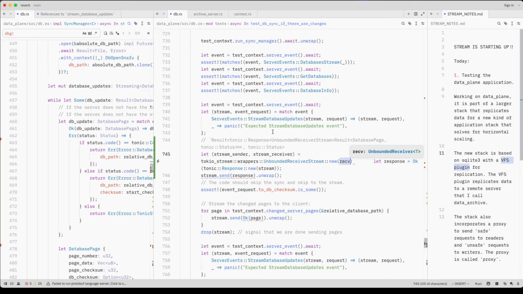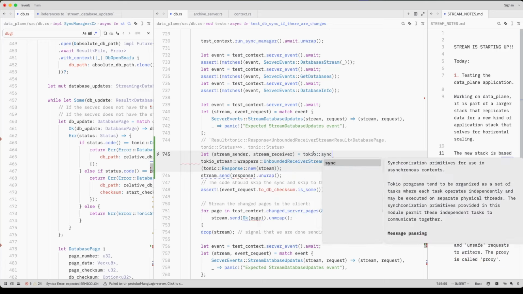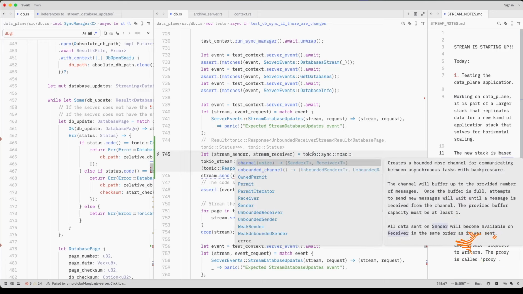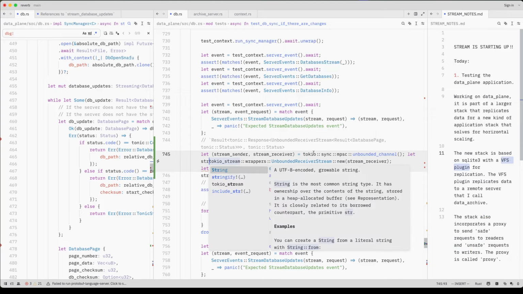Oh, okay. So we just need to wrap the unbounded receiver stream. So let's say stream sender, stream receiver is equal to Tokio sync mpsc channel, unbounded channel. Great. Then we pass in the stream receiver and let stream